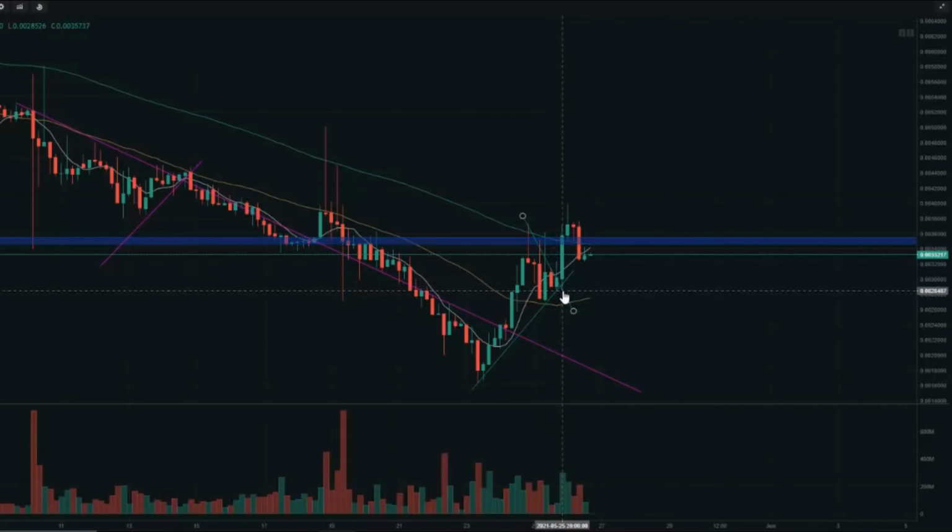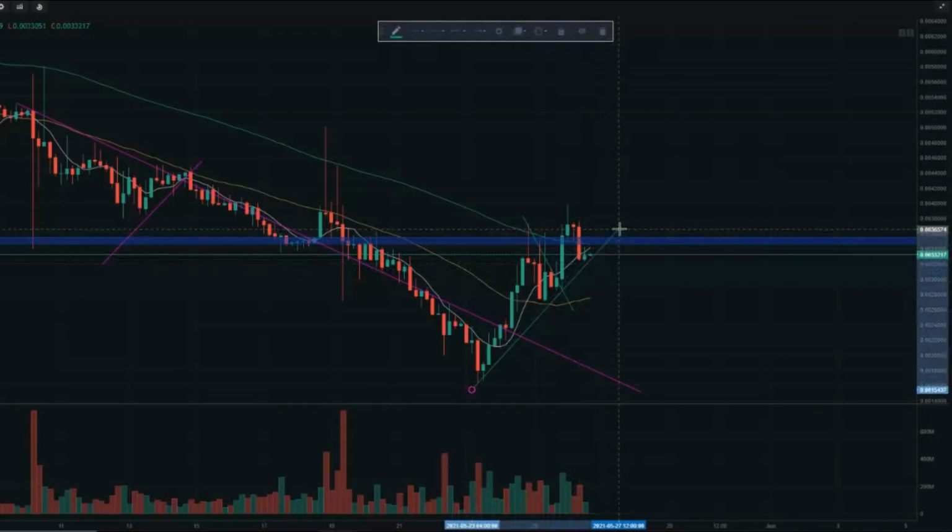So usually on a wedge, you either get a huge decrease because the sellers will outweigh the buyers, or you usually get a pump. And it's really funny how the technicals lined up with the news, because right on that point of that wedge, we had a huge pump upwards all the way up to about 0.4 cents. And if I just extend this trend line, we are still pretty much following this upward trend. So you see we're bouncing on it.